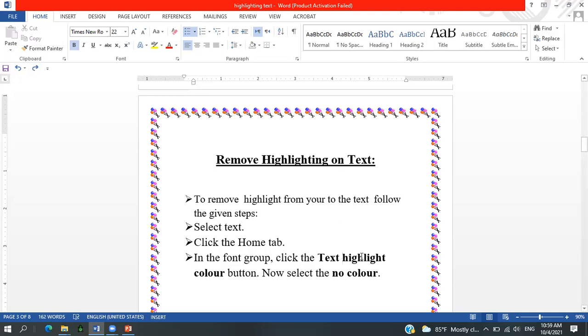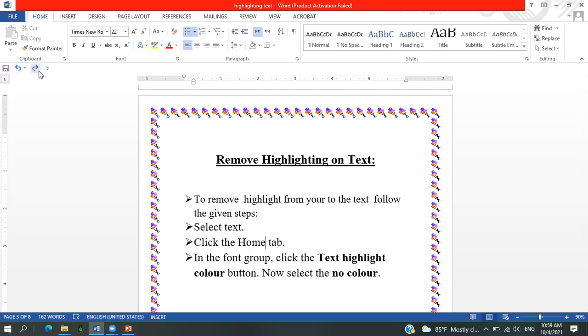And in the same way, if you want to delete with the Backspace and Control buttons, how can you do that? Put your cursor, let's suppose we want to delete this word, Home. So I place my cursor to the right side of it, and I'm using the Control key and the Backspace key on my keyboard. When I use it, see, Home tab is gone. And I'm using the undo option as well to get it back. Undo means to reverse the last action performed. I get it back using the undo command.